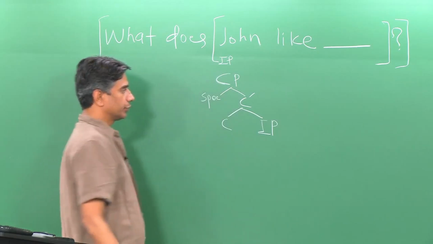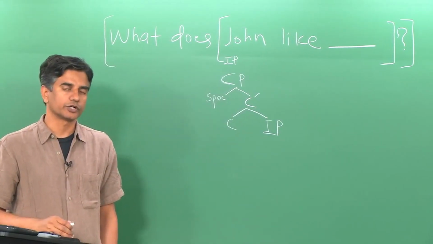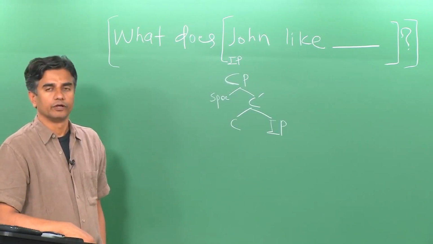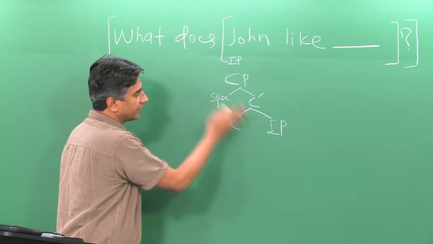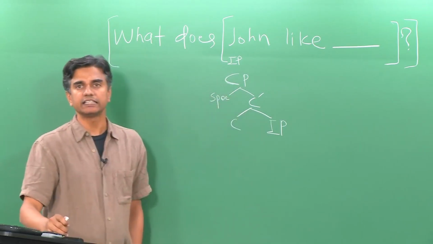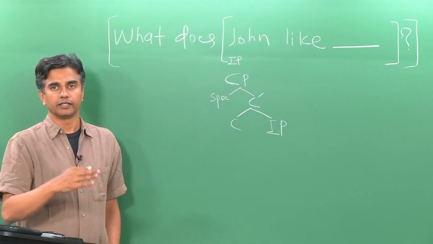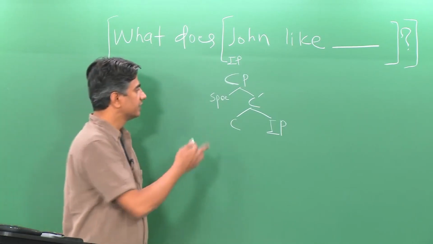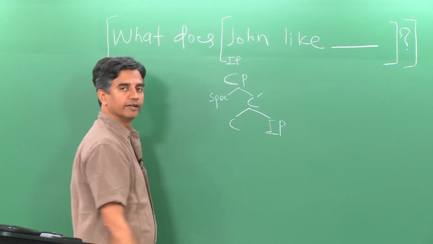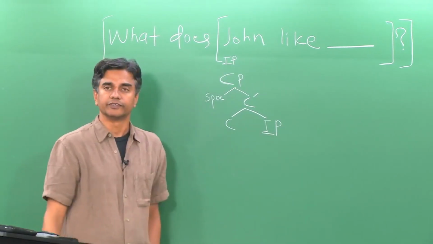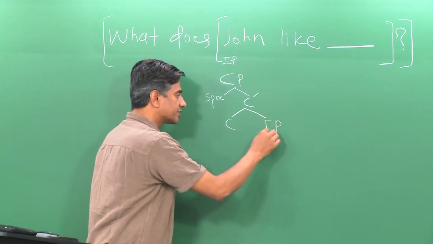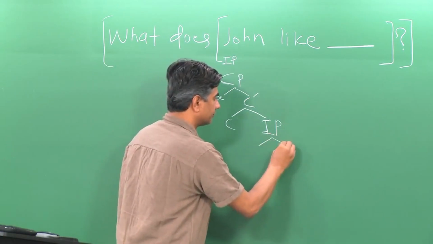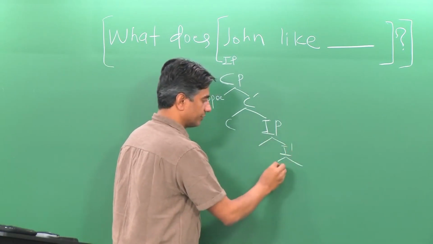We introduce the notion of another phrase which is called complementizer, and we call it CP. If you look at the pattern of this phrase, it is maintaining similarity in terms of all other phrases that you have seen. It will have a specifier, it is going to have a head, and it's going to have a complement. So the IP becomes the complement of C. Then we have the whole sentence that you have on the screen,